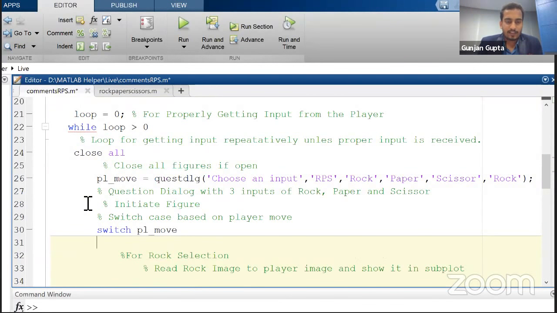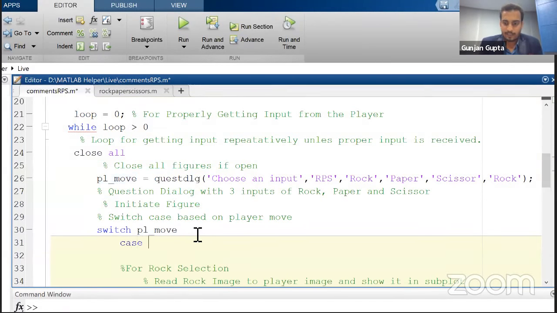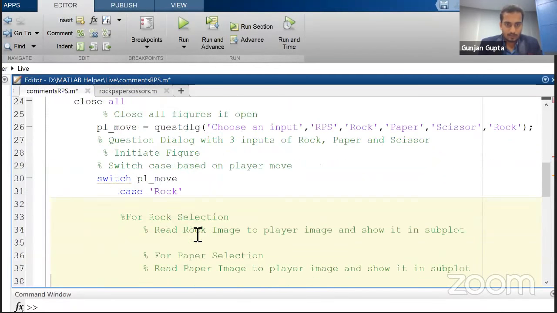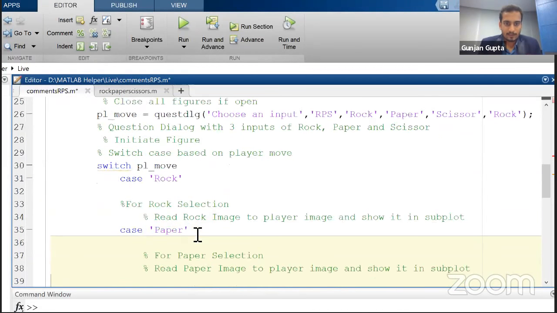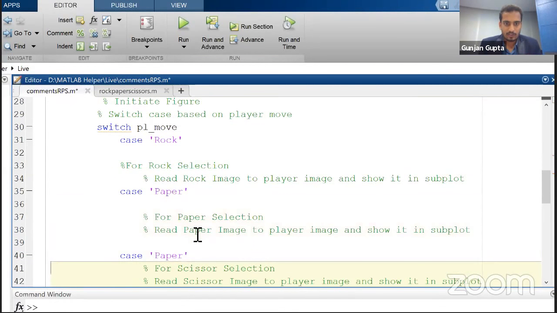And if the case selected is rock, so that will be case rock. In the next part, it would be case paper. So let me take it directly over here, case paper. And in the third portion, we will have the case scissor. So I'll be mentioning case scissor.